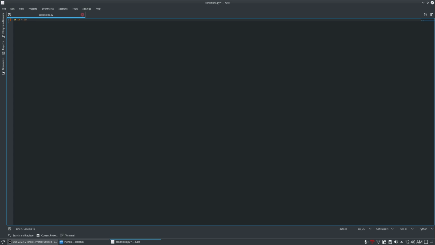You just write if followed by the condition followed by a colon, and then you'll notice this is indented here with 4 spaces or 1 tab. Any code you have after this will get executed. So we can say print 10 is less than 15, and then we can have another one, print, I don't know, print potato,